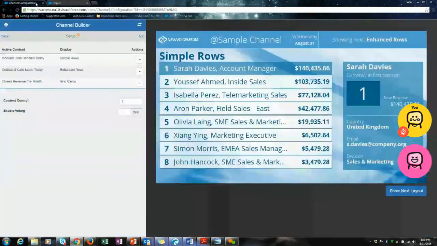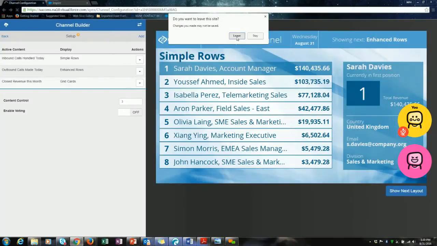So that's kind of a neat way to take some of the motivation and bring it outside the system and make it public and make it fun and make it visible by everybody. So let's get back into